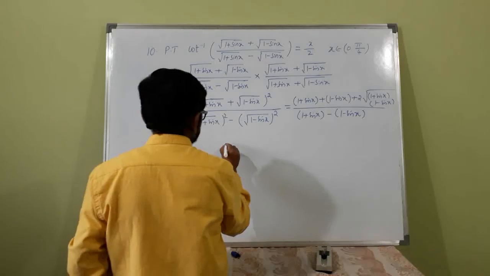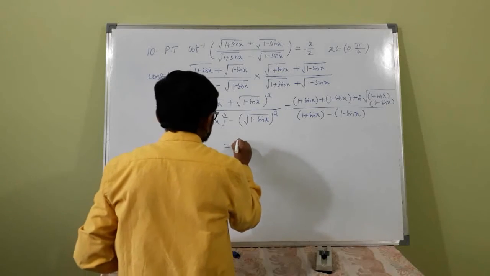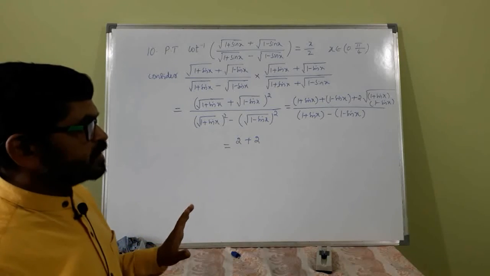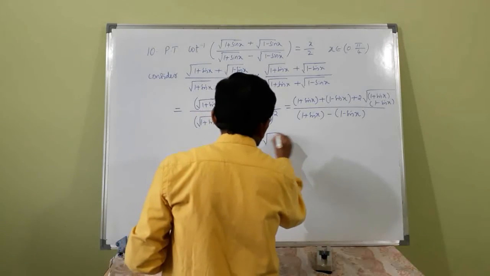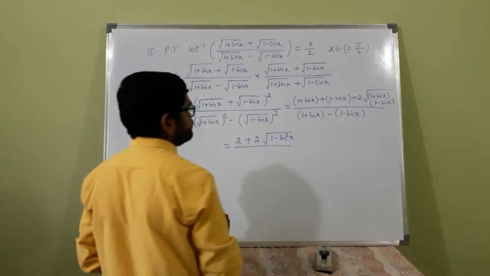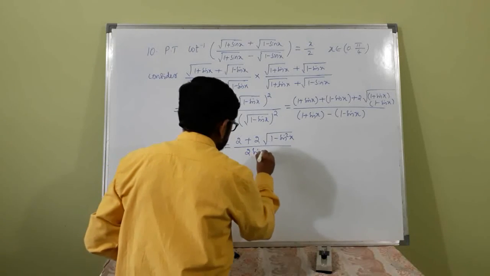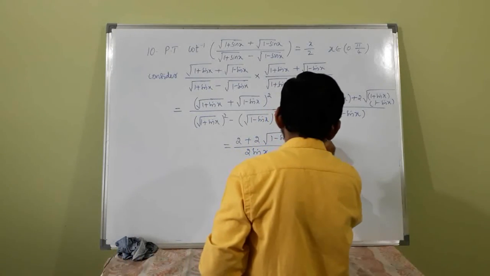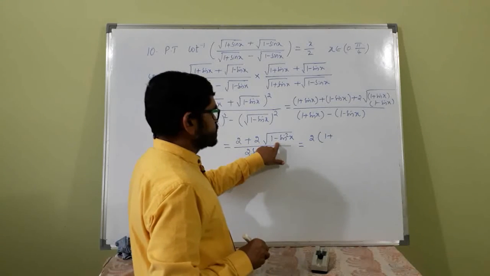Okay, see 1 plus sin x, 1 minus sin x get cancelled, 2 remains, plus that 2. 1 plus sin x into 1 minus sin x, a plus b, a minus b, that is square root of 1 minus sin squared x divided by, this will be 1 get cancelled, plus 2 sin x. Okay, so that is, if you take 2 common, 1 plus square root of 1 minus sin squared x is